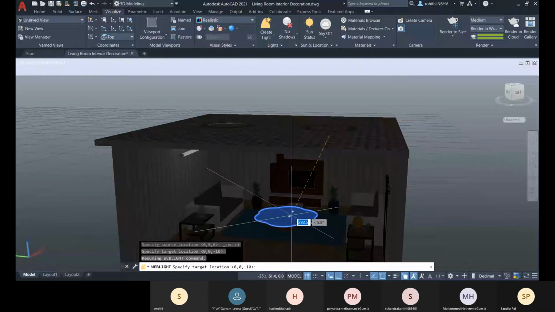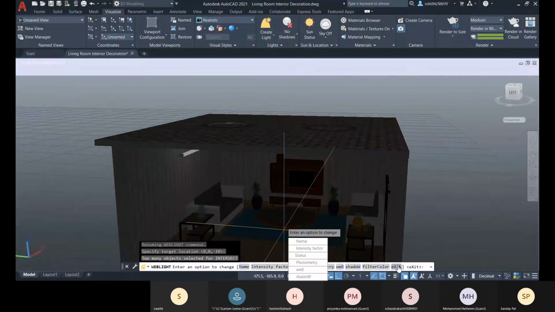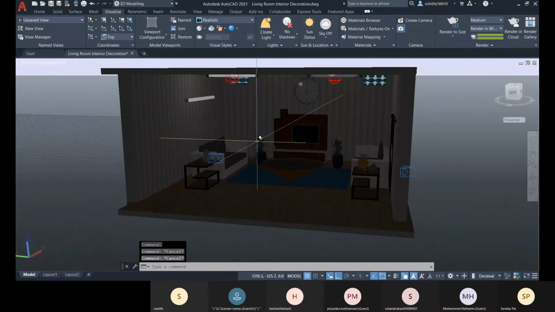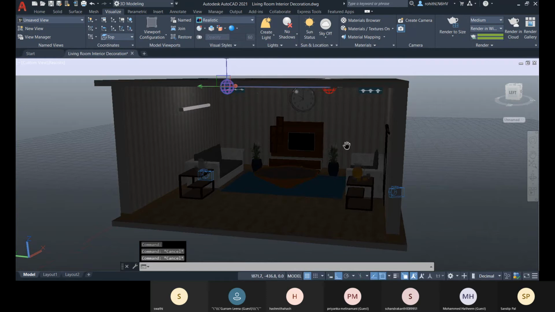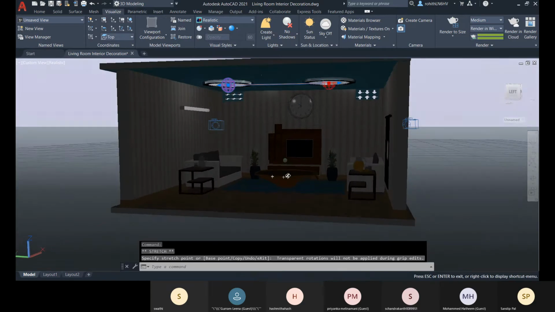Target location. So let me choose this one, this light. This is the target location.